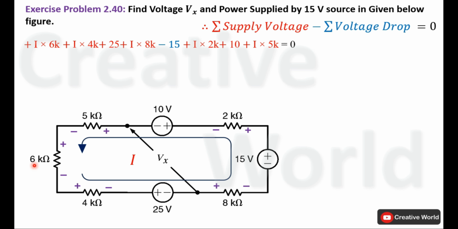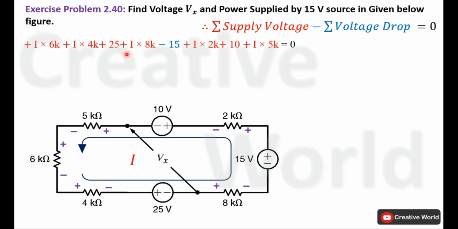Start from the 6 kilo ohm resistance. Current entering terminal is positive, so the voltage across this 6 kilo ohm resistance will be taken with positive sign, that is the product of the current through this resistance and the value of resistance, I multiply by 6k. Move to the next resistance, current entering terminal is positive, so the voltage across this 4 kilo ohm resistance, the product of I and 4k, will be taken with positive sign. Move to the next voltage source, current entering terminal is positive, so 25 volt will be taken with positive sign, plus 25. Move to the next resistive element, current entering terminal is positive, so the product of I and 8k will be